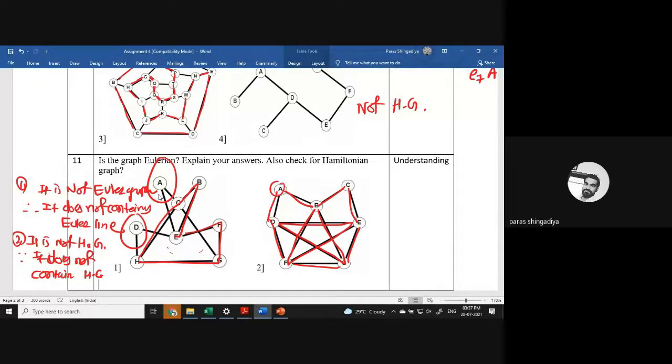Okay, we need to modify the edges. We need to remove some connections, modify the edges, and then it will be possible. If it is a map with 8 locations, and these are the road network between these 8 places, and now you have to check that if you start with one place, you have to visit every place exactly one time and again reach back to the starting place, so is it not possible?